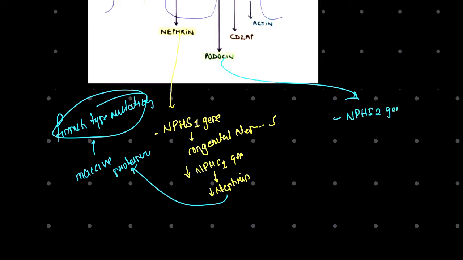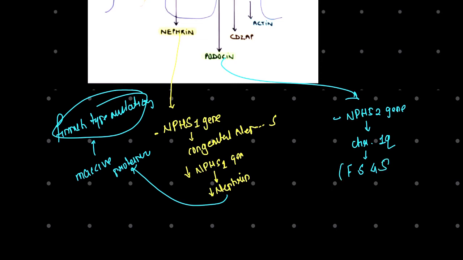NPHS2 gene, because of the activity of the NPHS2 gene, right? Now if there is a problem in this NPHS2 gene, then obviously there will be no production of podocin. This NPHS2 gene is associated with which chromosome? Chromosome 1q, right? And it will give rise to the condition of focal segmental